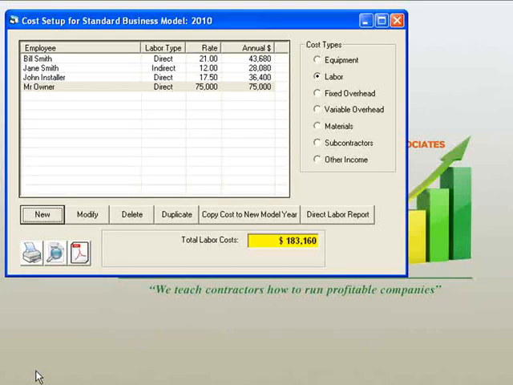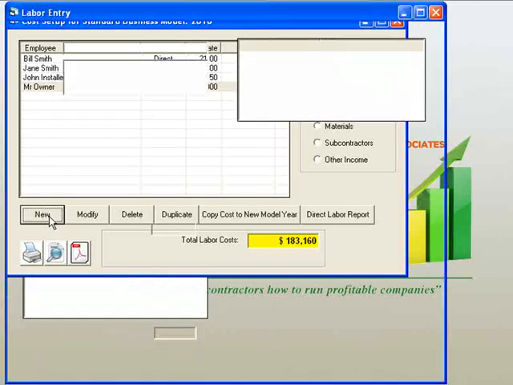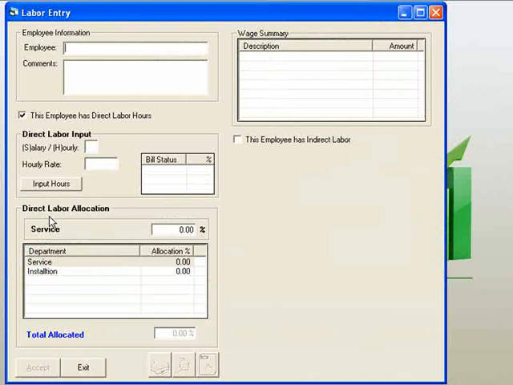Owner. Now, one last scenario that I want to run through here with entering employees is sometimes we'll have employees that will work both in direct labor departments. Let's say he works as an installer, but also works in the office part-time as well. And so it kind of splits his time between the two. So let's enter one more new employee. And we'll say this is,